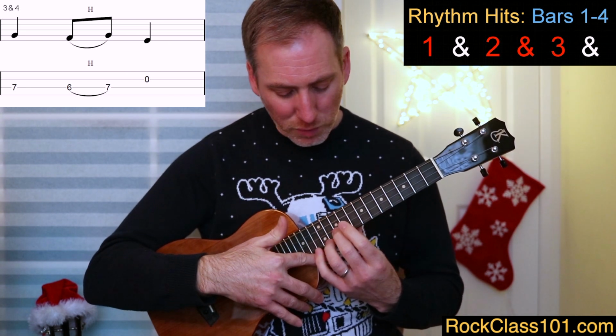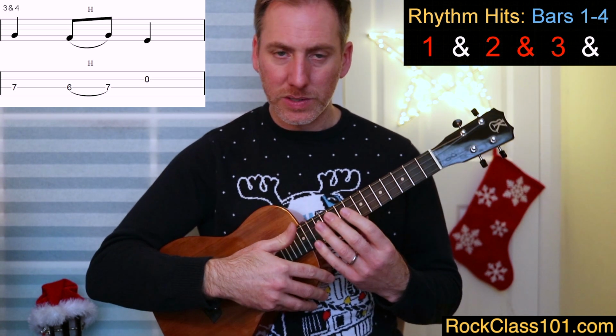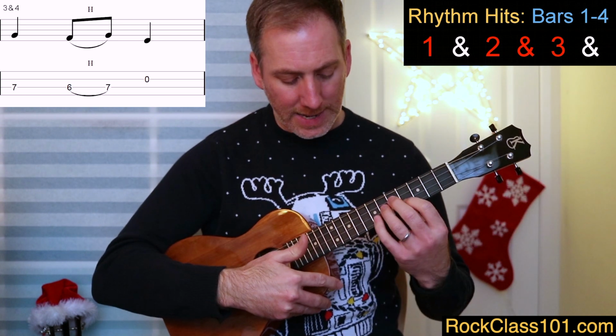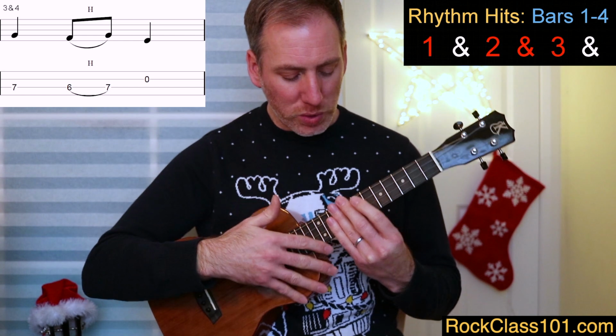Now, because we have to move position down to the 7th fret, we do have to kind of release the pressure off the neck. What I find when I do this is that the neck of the ukulele has a tendency just to sort of drop as you're moving your hand down. Because we're changing position, it can drop. It's easy then to catch that E string as it's ringing and mute it, which we want to try and